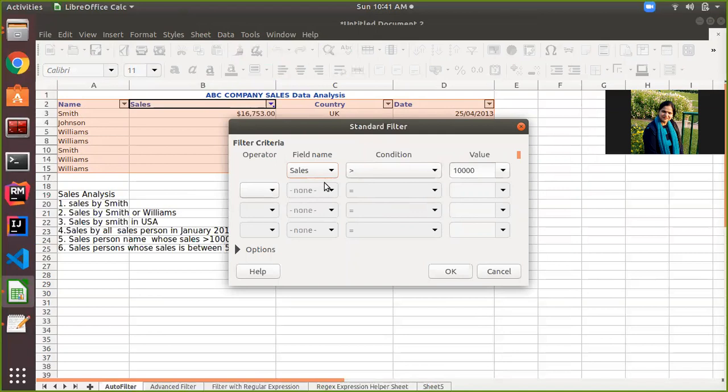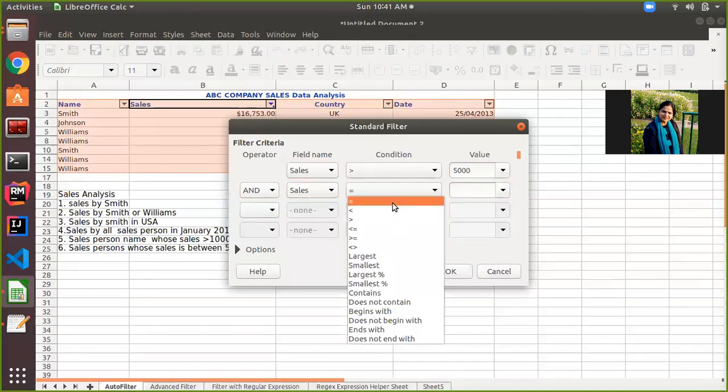The first condition: field name should be sales, the condition should be greater than, and the value should be 5,000. Then for the second, we will use the AND operator. Again we will use sales, but less than 10,000.